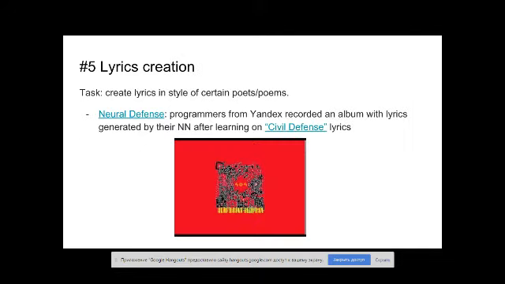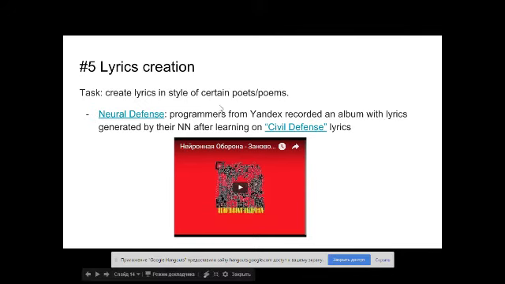And finally, a couple of other examples that I'd like to cover. Originally I didn't plan to include them, but still, as a songwriter, I have big troubles with writing lyrics. And it would be nice if we could create lyrics in style of certain poets or poems. If we could teach a neural network to create lyrics for us, and that's a rather typical task, and text generation is more popular than the music generation. And even in Yandex, there is an example here.